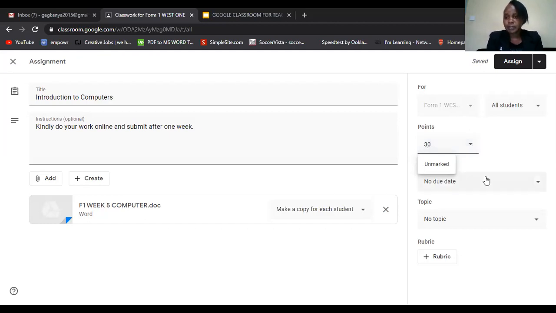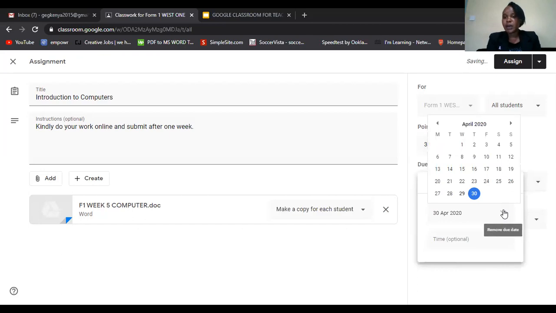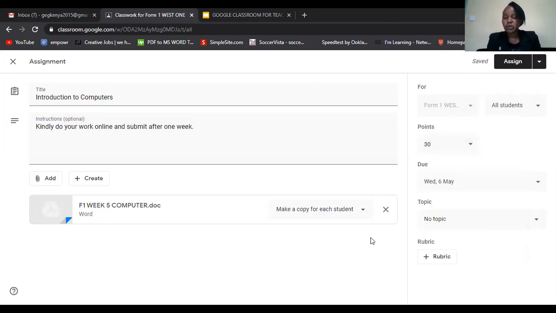out of 30. Then we have said that the due date is 1 week, so we need to add a due date. You can see that it has shown that there is no due date. So for me to add a due date, I will click on the arrow pointing down, and it's going to allow me to add a due date. Today is 29, and 1 week after is going to be on Wednesday next week. That is in May, and the date is 6. So I'm going to set up that as the due date,